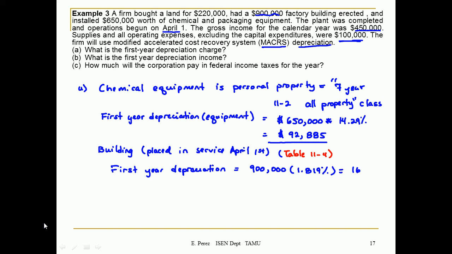So that's $16,371. Okay, so we have the depreciation for the equipment and the depreciation for the building,